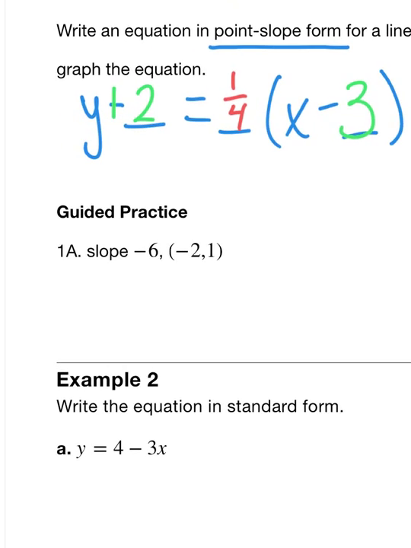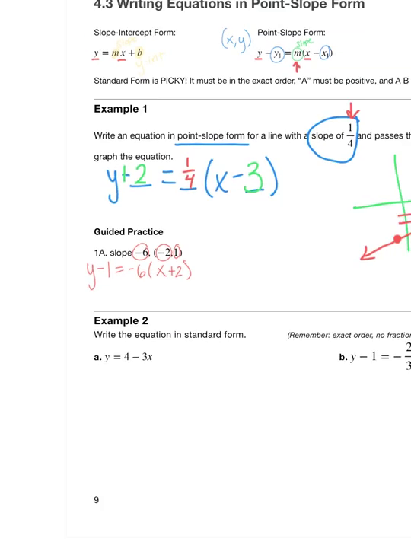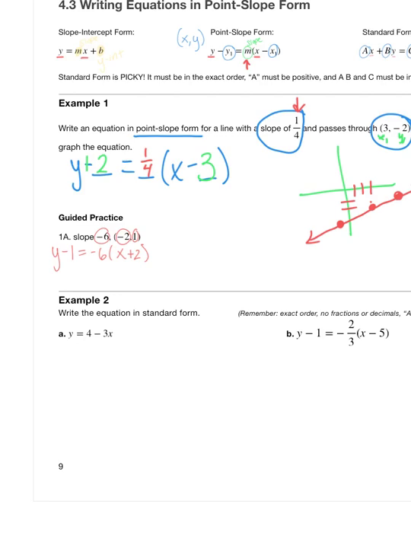Okay, so if I'm writing this in point slope form, it's y minus y1 equals m times x minus x1. That's going to turn this into a plus sign. So that's my equation written in point slope form. And if I'm graphing that picture, approximately,